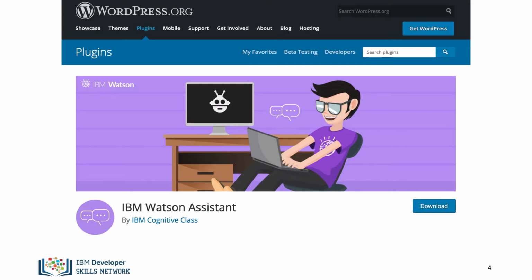If your site is powered by the open source version of WordPress, you can greatly simplify the deployment of your chatbot thanks to a plugin that we developed. You install the plugin with one click, copy over the credentials from your assistant, and your chatbot will magically appear on your site. WordPress is incredibly popular and used by about a third of all sites on the web. Having the ability to deploy your chatbots on WordPress really simplifies the process of making your chatbot available to the public at large.